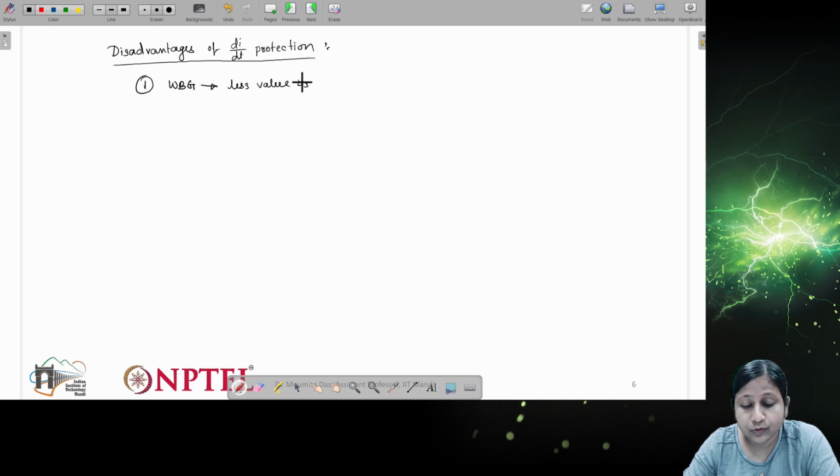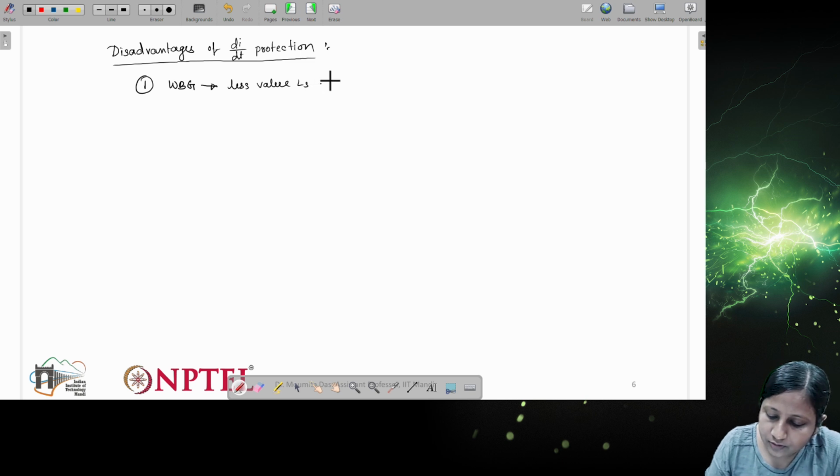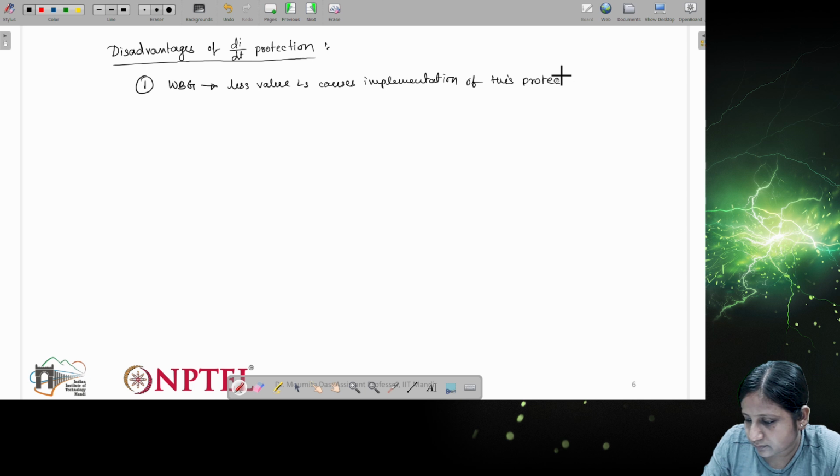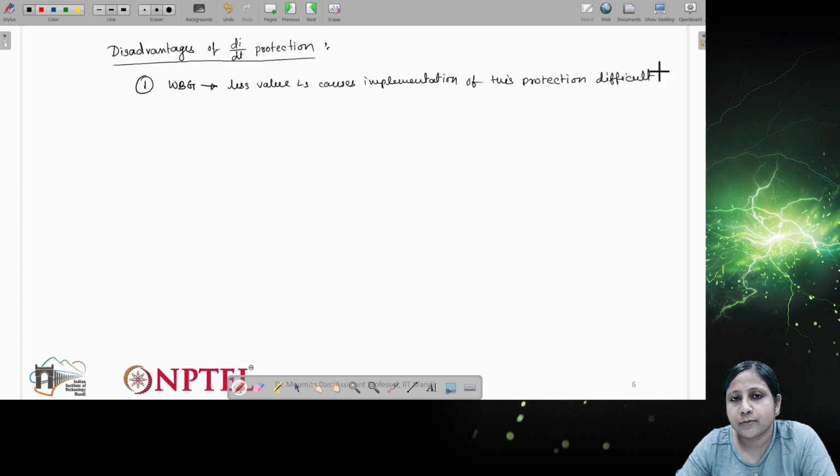So if we want to implement this kind of protection, the smaller value of LS makes implementation difficult, because we need a sufficient amount of voltage, and that comes from the inductance.